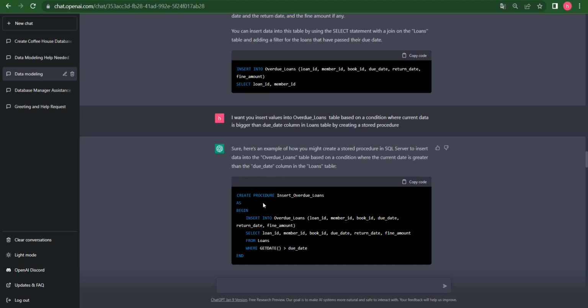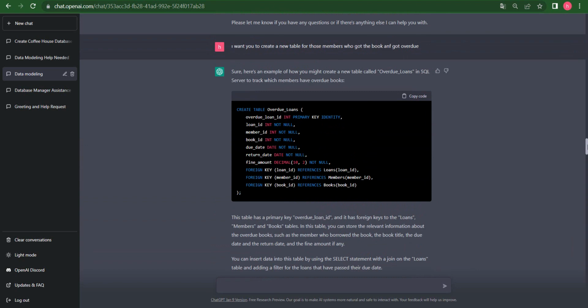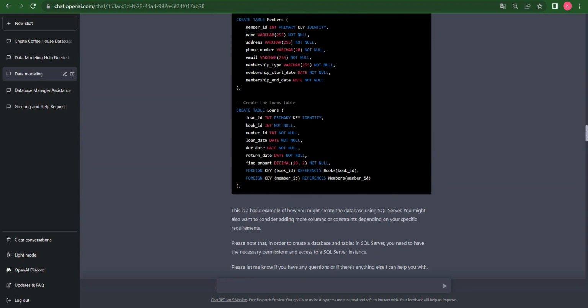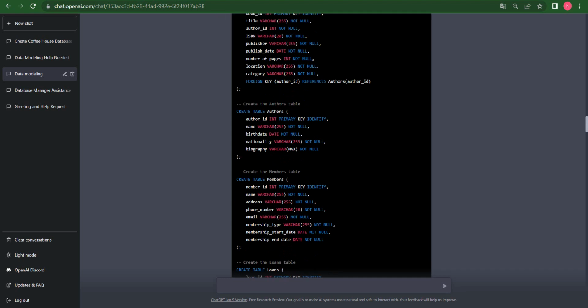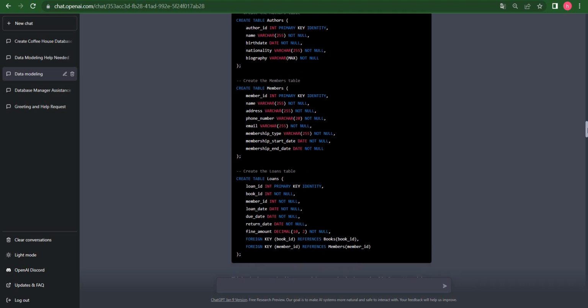So create procedure, and then as begin, insert into overdue loan, and loan ID, member ID, and book ID, and due date, and return date, and fine amount. So fine amount, as you can see, he just kept the fine amount from loans. So do we have fine amount in the loans? What is it? Yeah, we have fine amount,